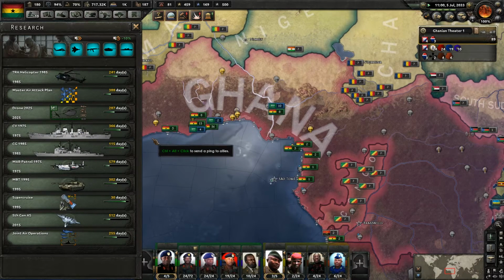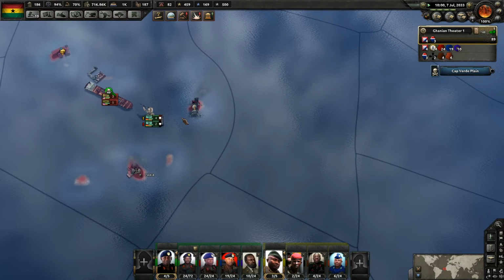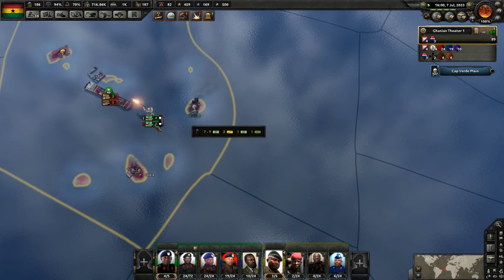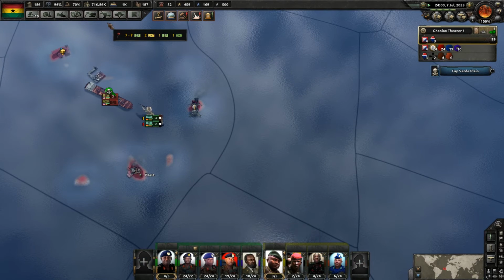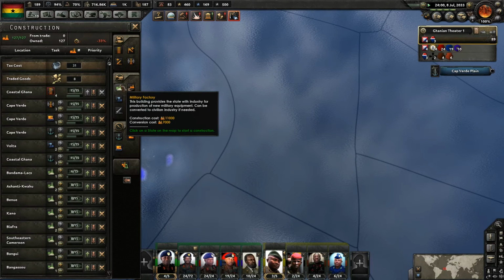We need to wait a year before we'll get those. We're going to have new cruisers in 114 days. Yep, they're trying to attack Cape Verde again. Alright, good. We're getting lines of military factories building. Speaking of military factories...